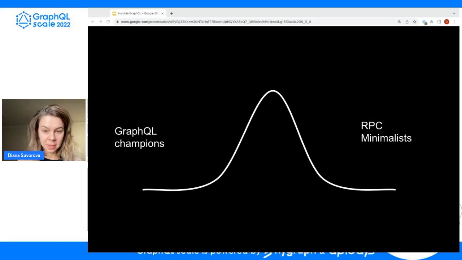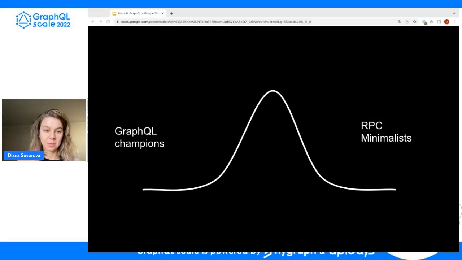are those who tried GraphQL and decided to switch back to plain RPC for a variety of reasons, which I mostly agree with. Those are the RPC minimalist people. Again, in my observation, those are the hardcore engineers that still use a mechanical keyboard, use Vim as their preferred code editor, and they prefer no extra layer of abstraction between them and the electrons running through the wire. They don't want anything additional, just what is absolutely necessary.